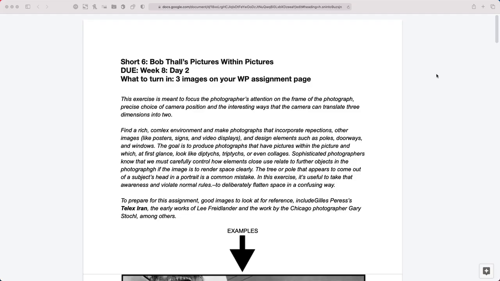This is titled Bob Thal's Pictures Within Pictures, and this is taken from an artist and educator who ran the photo program for a bit at Columbia College here in Chicago. Read through the introduction here, but in general, what you're looking to do is take images that compositionally are paying